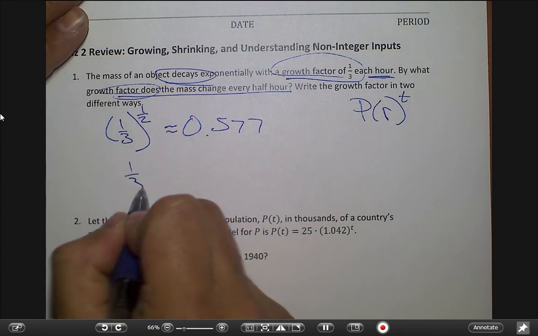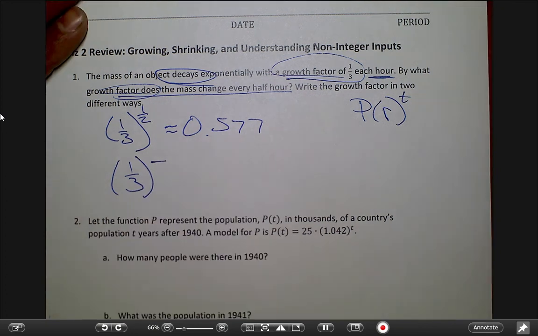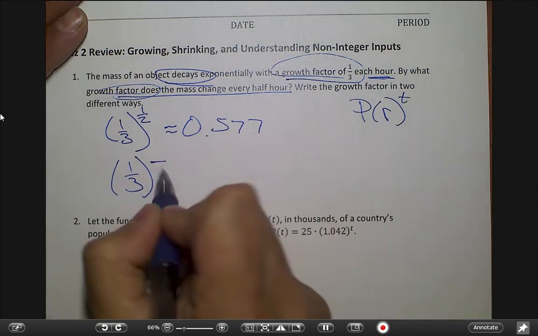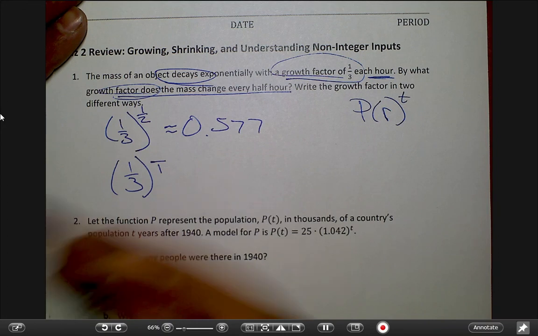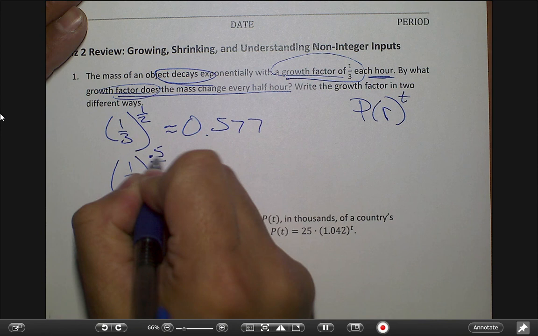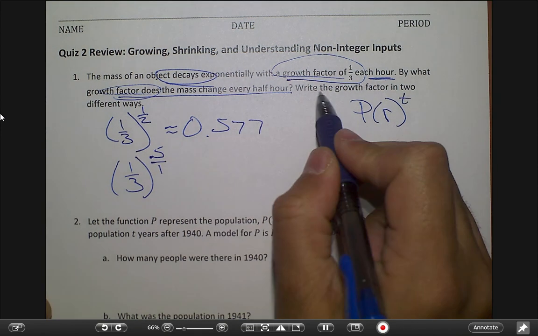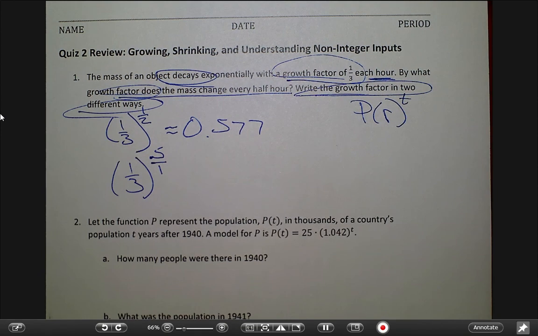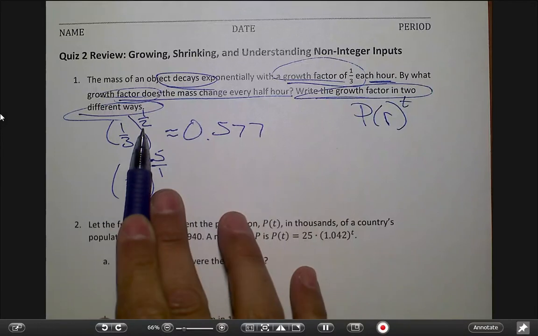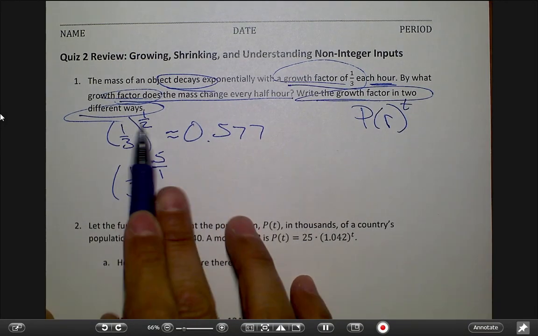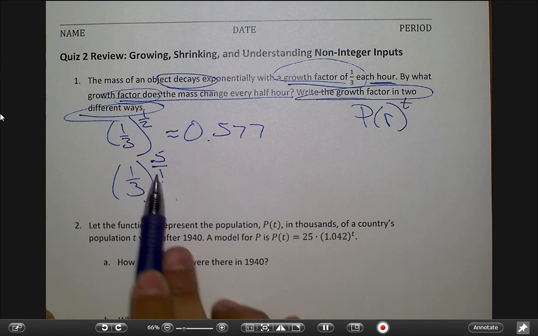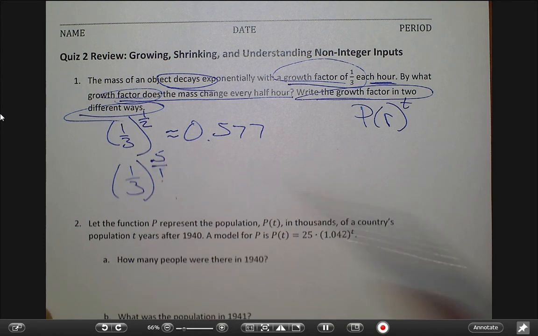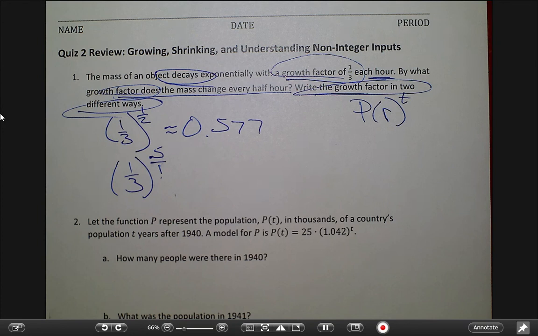Okay, so how about this? This one's slightly different. So we know every hour, right? So every 1 hour, but how much did we have this time? 1/2, right? We are looking for a half hour, so that would be 0.5. Because it's asking to write the growth factor in 2 different ways. So we just wrote it like this. This is for every half hour, so it takes 2 half hours for it to work. And this one right here is for every hour, but then I only plugged in half, or 0.5, for that. So I'll get the same answer for both.